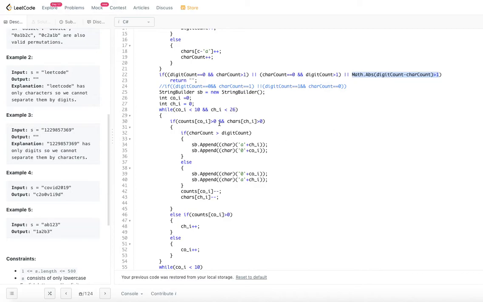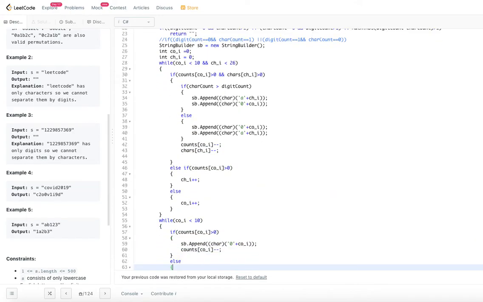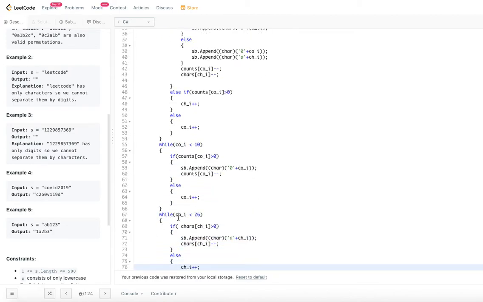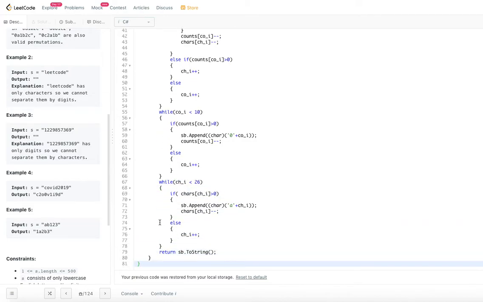That could be either a digit or a character. So for that purpose, we check if the digit index is still less than 10. If so, add the digit. Or if the letter index is less than 26, if so, add that. Finally, you return the string builder by converting it to a string.